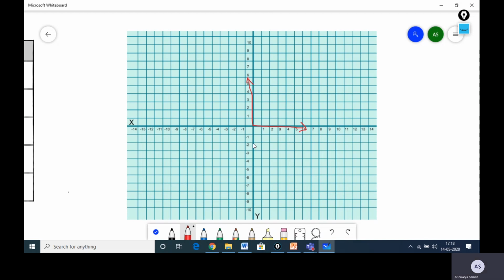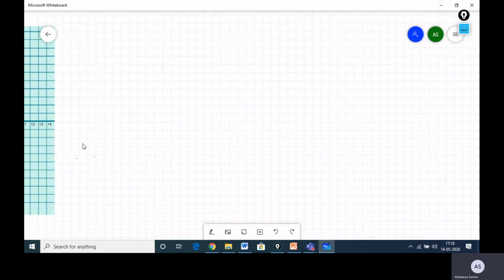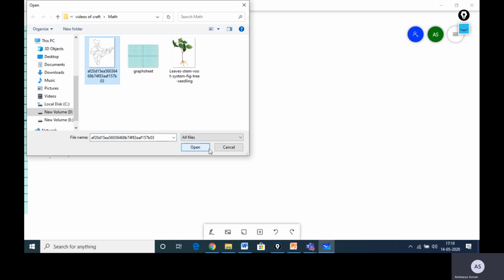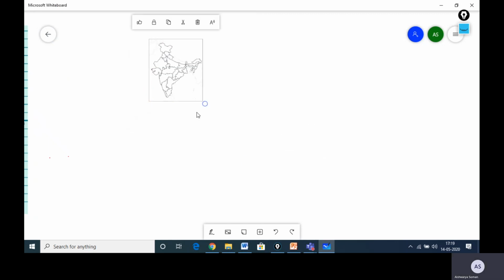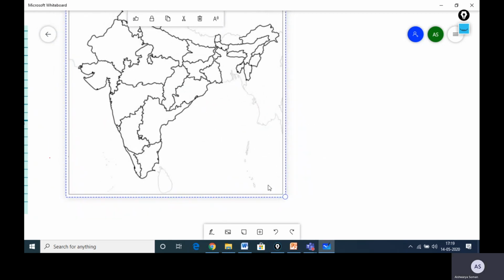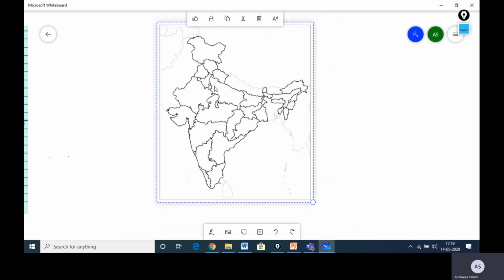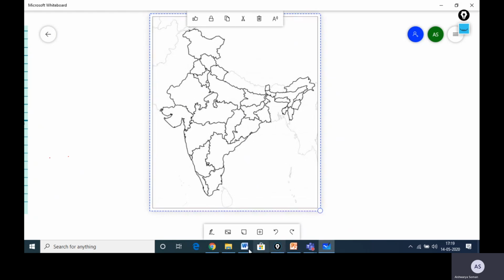Okay, something like this. You can use the graph, and now I'm coming out of this pen mode, the inking mode. Now, social science teachers, if you want a map and you want the students to locate the places, again, add image, go to the map, it'll pop up here. Enlarge it so that the students can see it clearly. Invite your student and ask them to locate so and so place, locate so and so state, and whatever. You can do all that with maps.